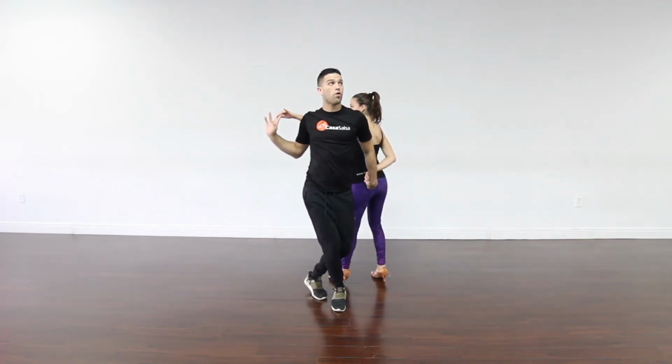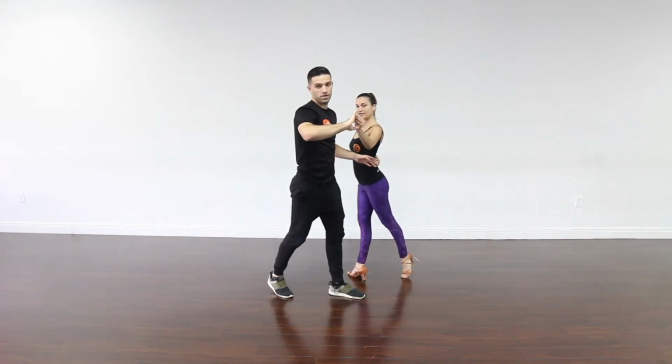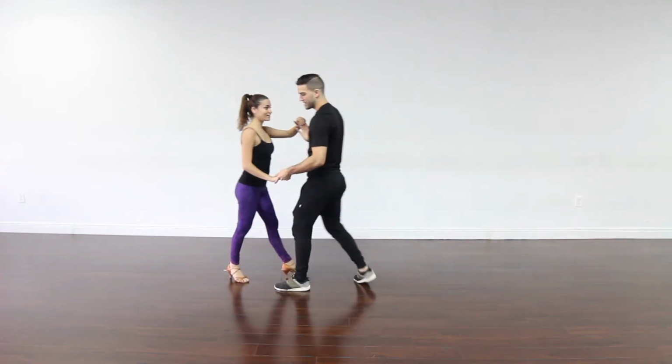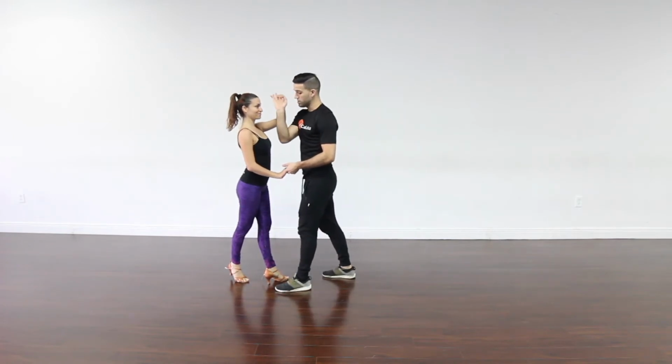The right hand's going to go over my head as I step back on 2. We're going to step in place on 3. Pretty much like a salsa step. Now we're going to go over the head with the right hand, go turn forward in place. 5, 6, 7. So now we're going to open up the slot and drape ourselves with the right hand to